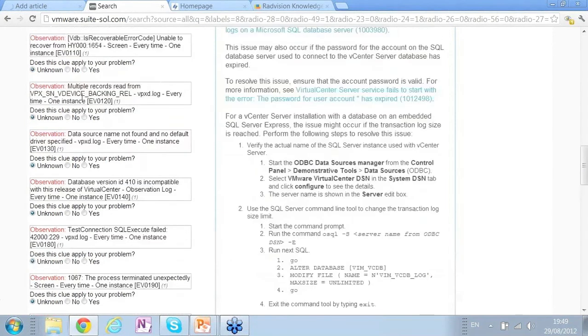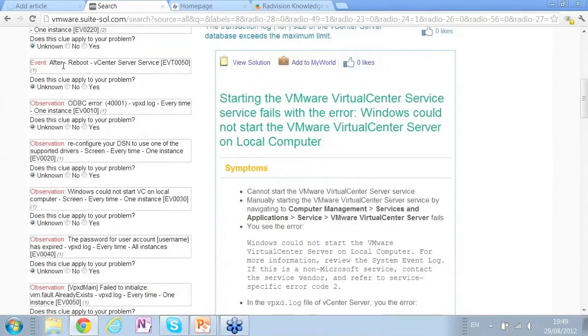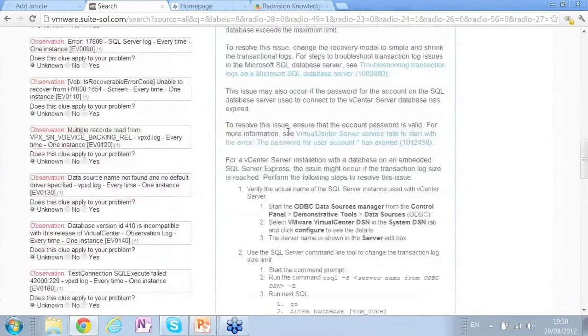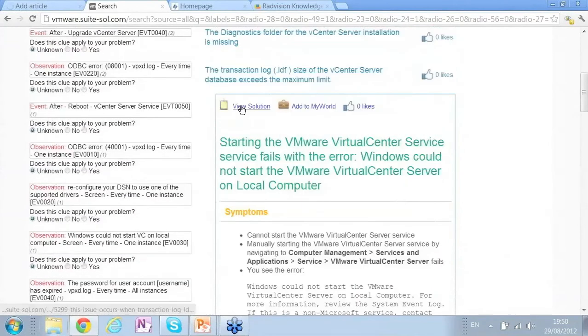And this information that I'm entering, whether this troubleshooting issue fixed my problem, and the information about the different observations, tasks and events that I'm seeing, all these things are recorded by the database and can be used, using metrics and trends, to help the support professionals better hone in on problems. They can find trends to see what kind of problems are becoming very relevant to a certain customer base, maybe after a certain release,